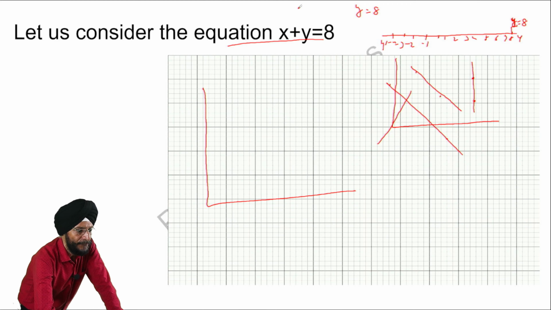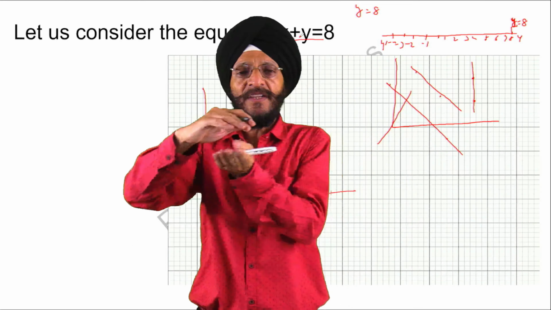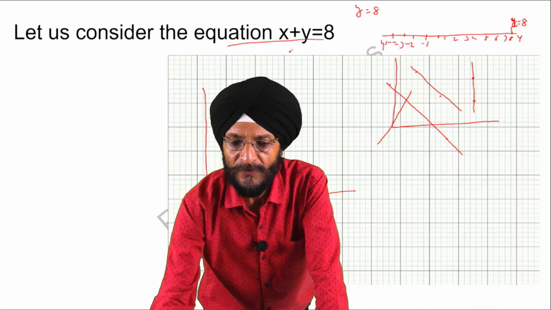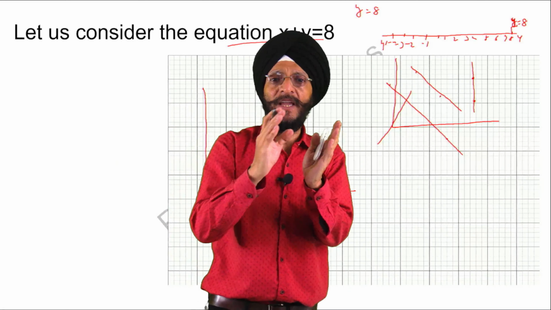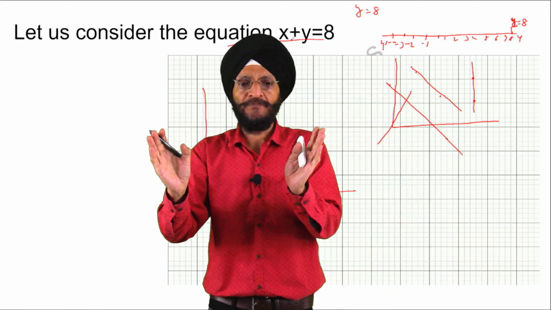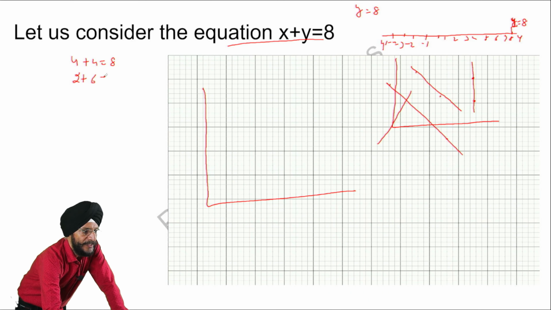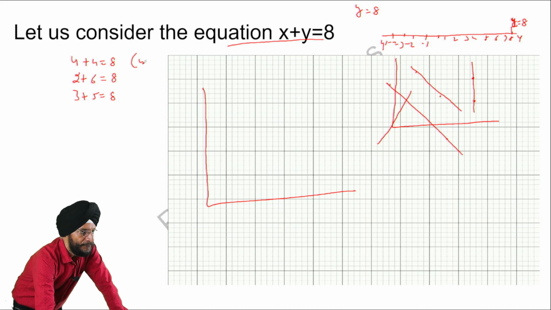Suppose this equation is given and we have been asked to draw the graphical representation of this equation, then we will have to find out the values of x and y. That is, we will have to find out only the values of x and y. We can say that the value of x is 4, y is 4, it is 8. The value of x is 2, the value of y is 8, it is also same. Value of x is 3, value of y is 5, it is also. That is, on the basis of any of these solutions,